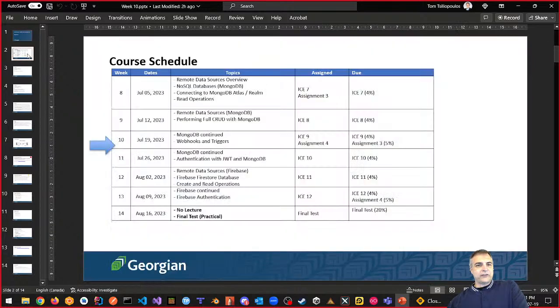So this week we are in week 10. My arrow is kind of between week 10 and 11. I don't know why. Today is a weird day when it comes to that stuff. But we're talking about MongoDB. I was going to do authentication with JWT and MongoDB today, and I was like, yeah, it's not going to happen. Webhooks and triggers took a pile of my time to put together. That's why I'm veering away from doing authentication with JWT until next week. So a slight change in plan, but it is what it is.